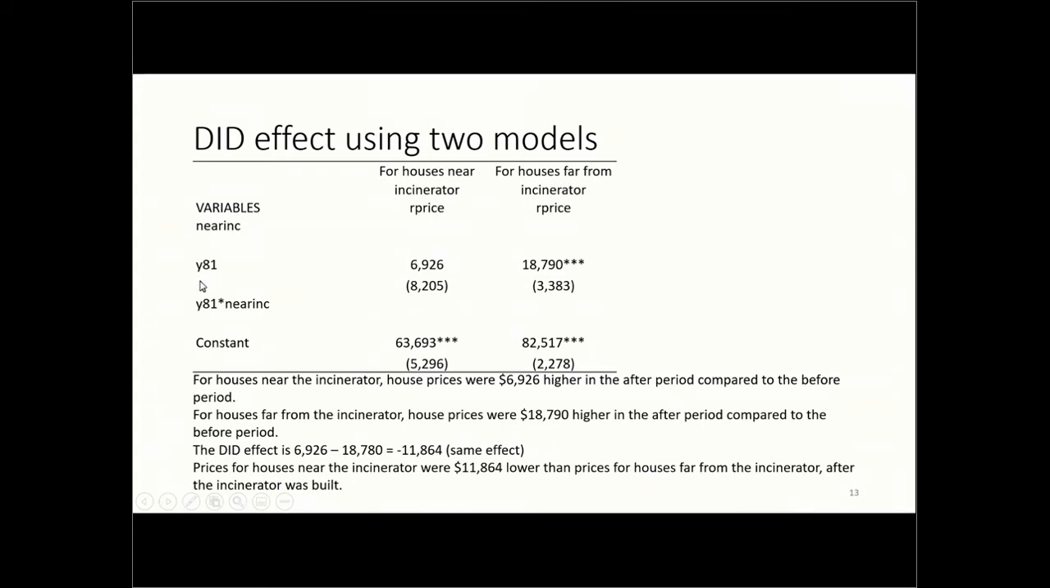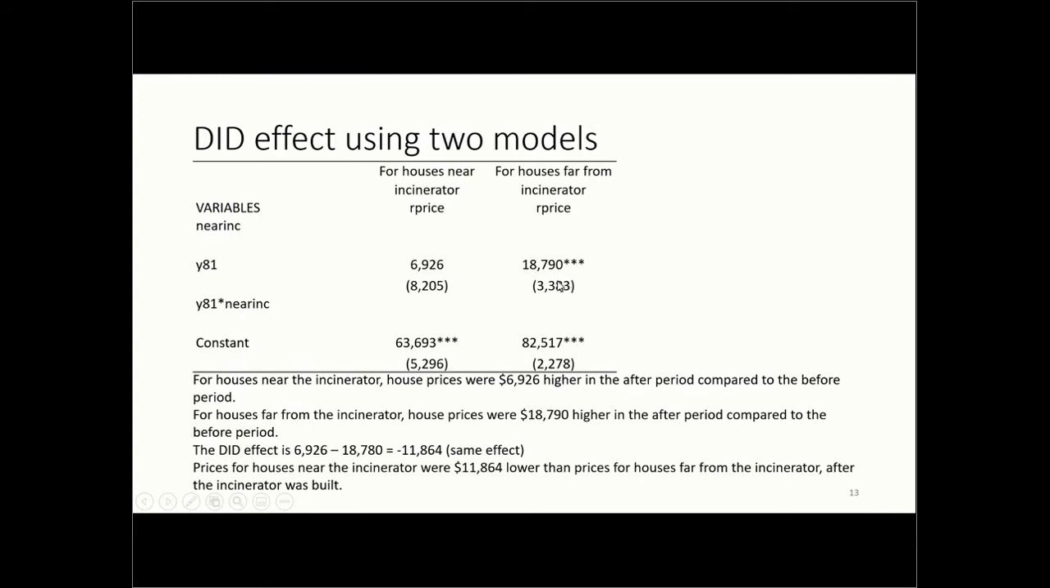And here we have the dummy variable for the after period. So here we have these two coefficients. So basically we have that for houses near the incinerator, house prices were about $7,000 higher in the after period compared to the before period. And for houses that are far from the incinerator, actually house prices were about $19,000 higher in the after period